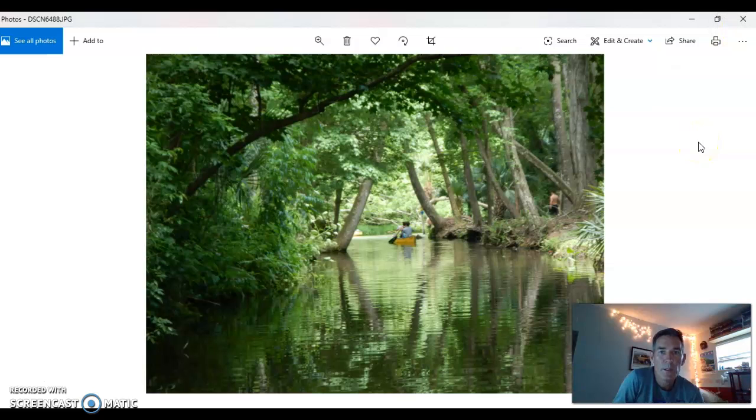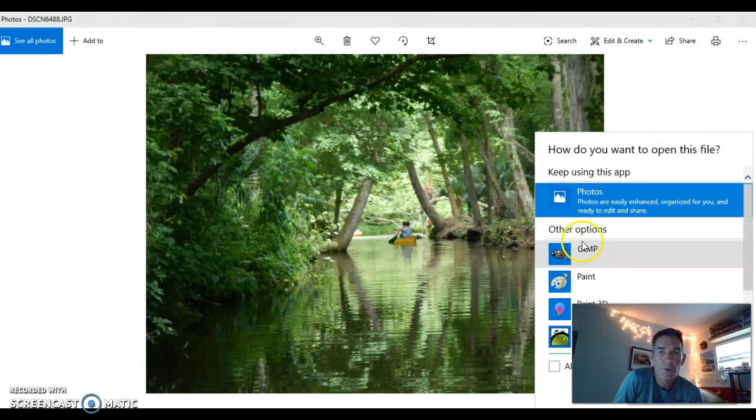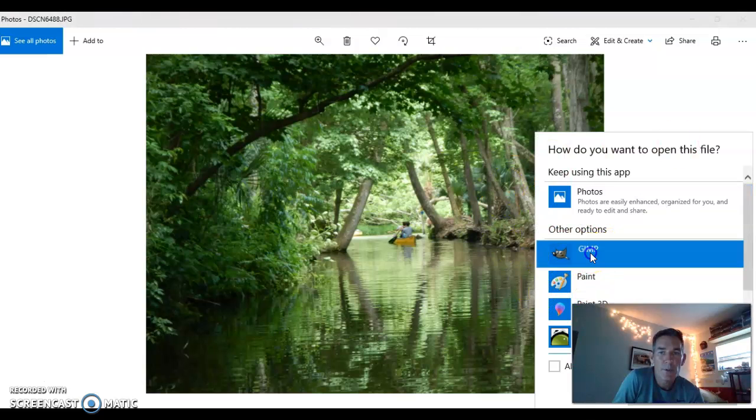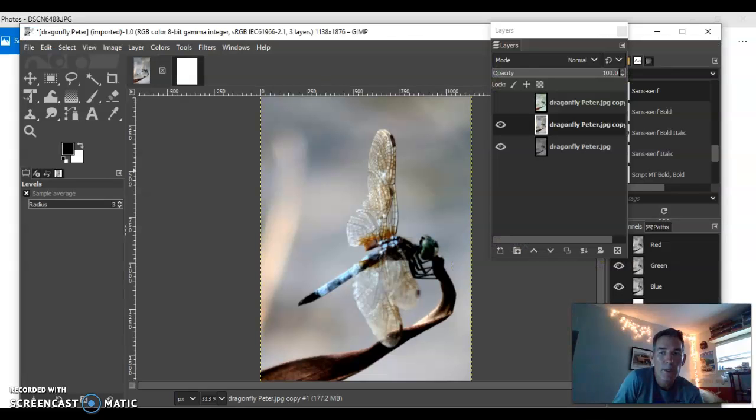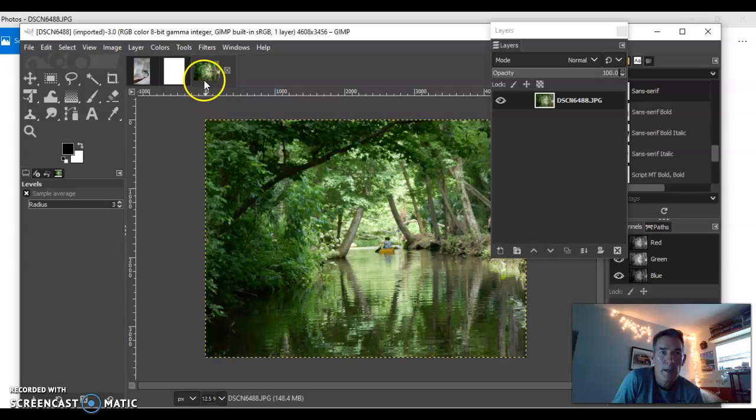open with, and by now you should have already downloaded Gimp, so click on Gimp, hit open, OK, and there it is. So there's some files up here that I'm working on already, and we'll probably get back